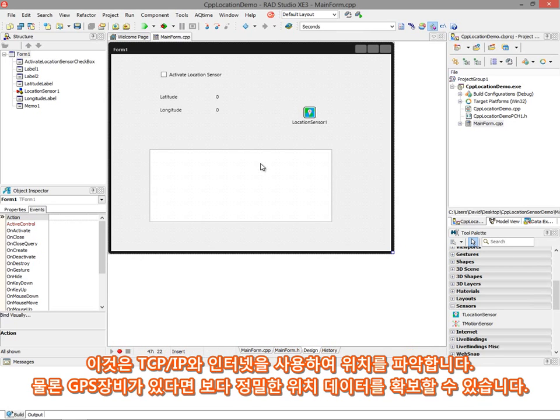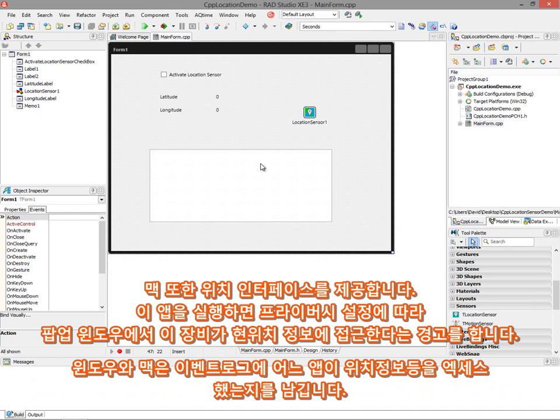And it uses TCP/IP, it uses the internet and knowledge about where it is to find an approximate location. Of course, if we had a GPS device, either external or internal, we get precise location data. Macintosh also provides interface location if you turn it on. And again, when you start these applications, depending on the settings that you have for privacy, you might get a